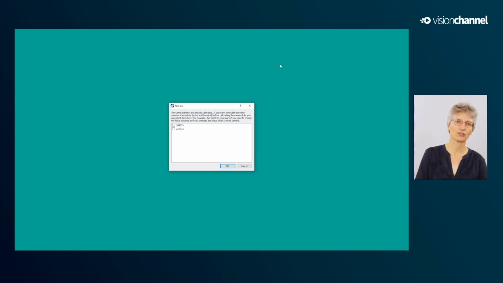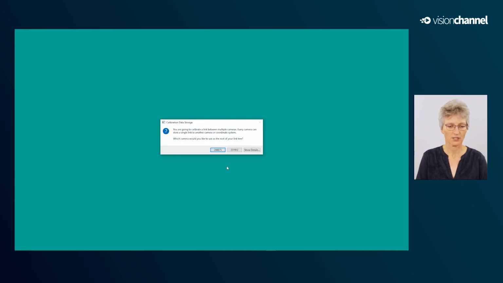Now we can choose if we want to calibrate the intrinsics of one of the two cameras, but since they are okay, I skip that. And we choose which camera should be the reference coordinate system.